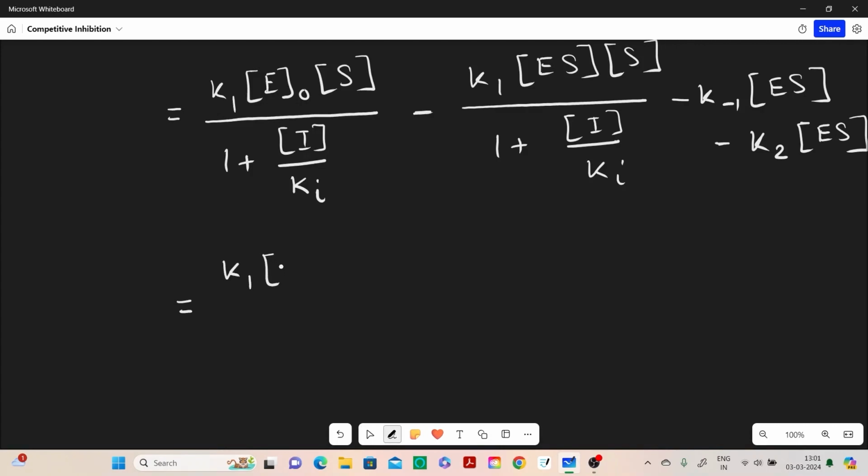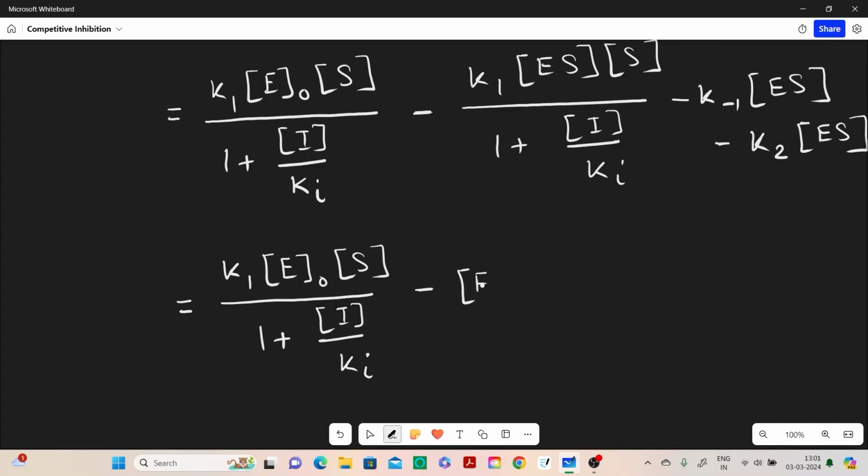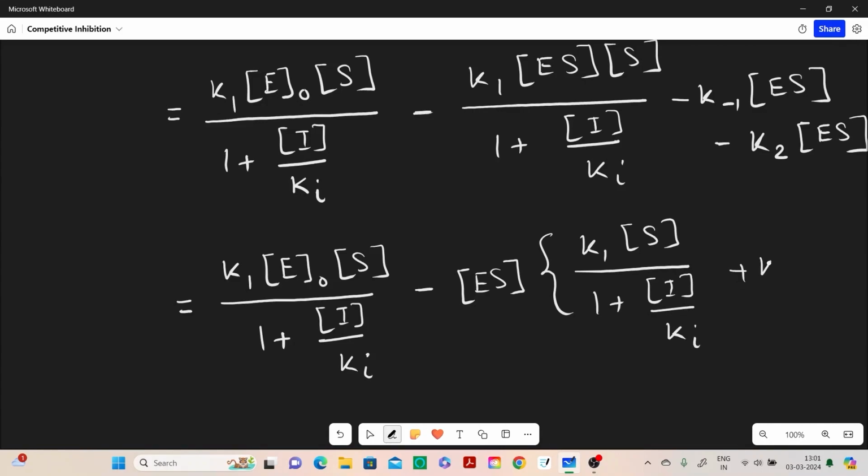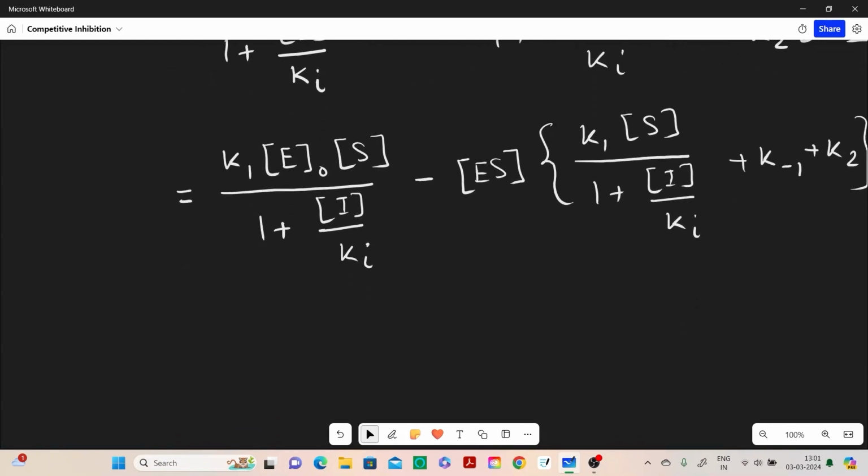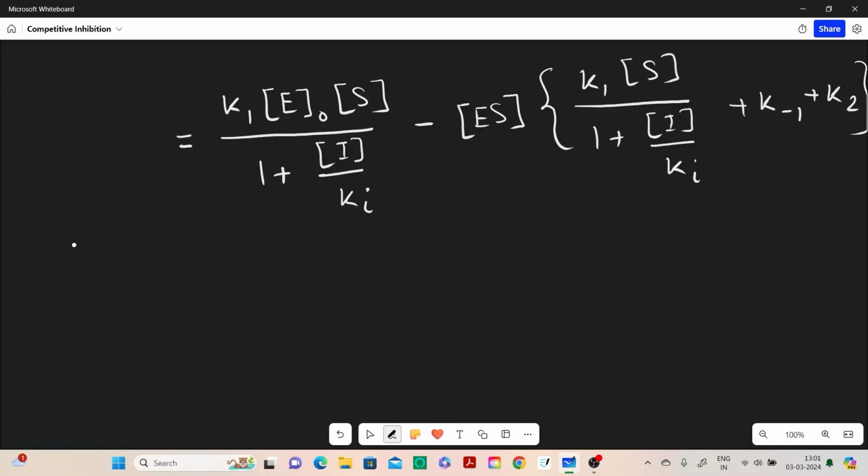So K1 E naught S by 1 plus I by Ki minus E S, take it out of the equation, it becomes K1 S by 1 plus I by Ki plus K minus 1 plus K2. Okay, now from the steady state approximation we know that when there is steady state, the rate